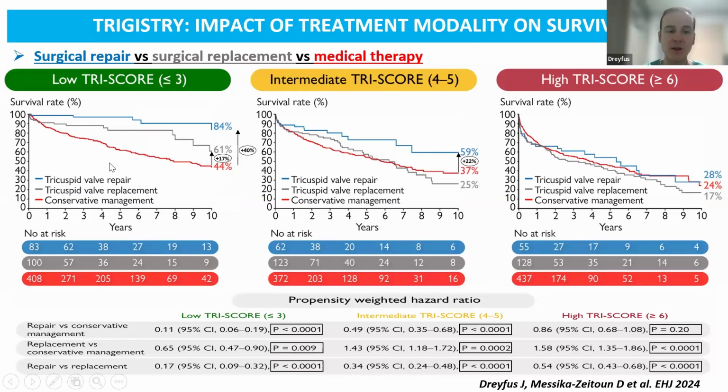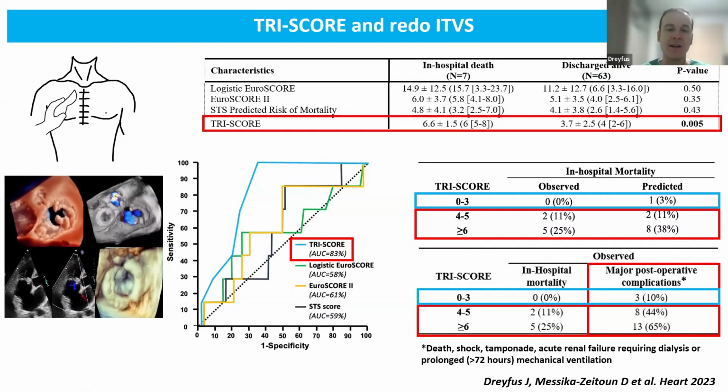Meaning that if you treat patients early, you may have some benefit. If you treat patients too late, there is no benefit. And for patients at intermediate, probably patients who require a surgical replacement are sicker than patients who may have surgical repair. And this works also after redo